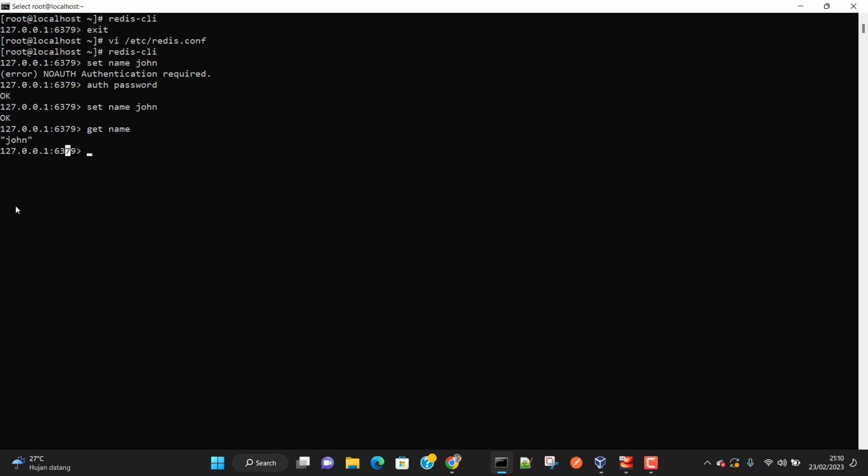Now if you want to remove or delete all the data which is available in Redis, you can use the flush all command, hit enter. Now whatever data was stored in Redis has been removed, it has been flushed out. Okay, so you can see this command is pretty dangerous, and you shouldn't really allow users to be able